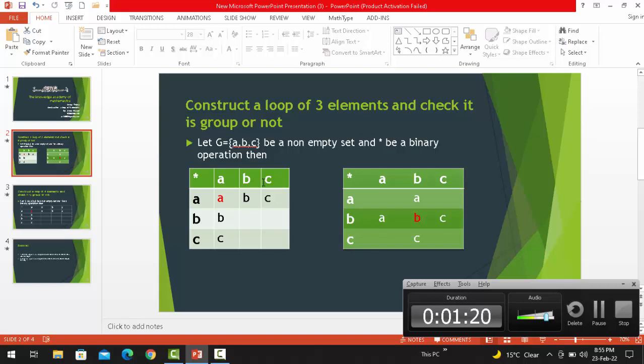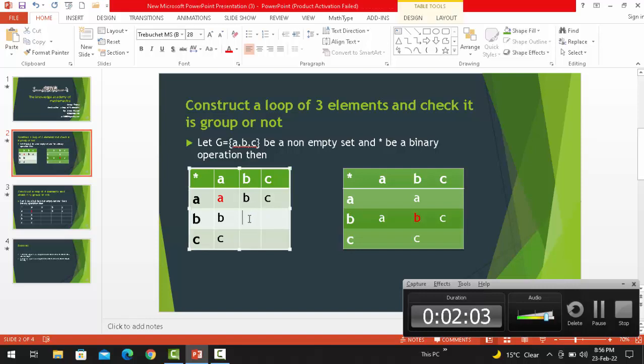What is a Cayley table? Representation of the elements of a group in the form of a table is called a Cayley table. First we write the elements of the group row wise and second column wise. First row wise A, B and C, and column wise A, B and C, and star is a binary operation. Firstly I paste this row in this space, A, B and C, and this column in this space, A, B and C. The common part of this row and this column is called the identity. Meaning this common part, A, here A is the identity. Okay.